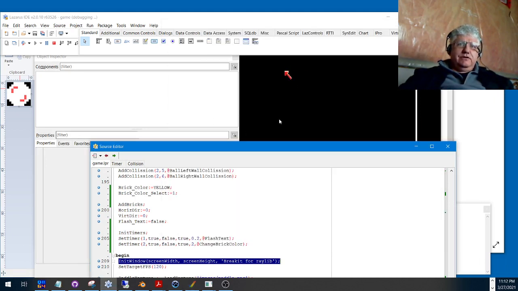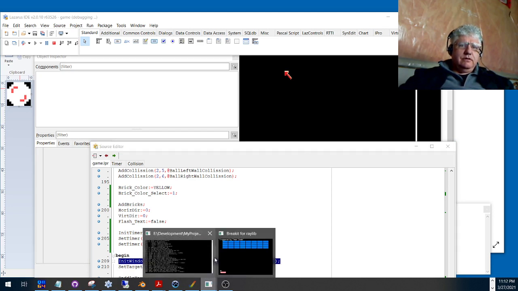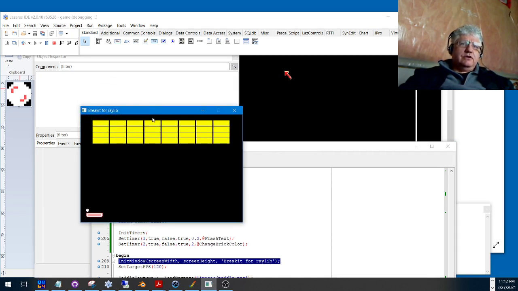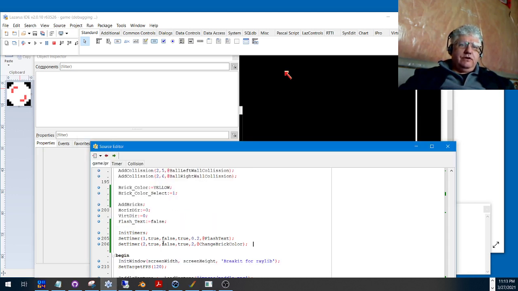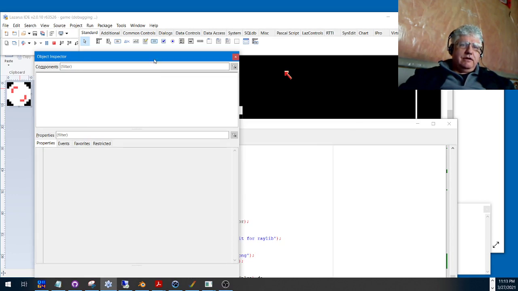That's something different. Back to the game here. Here we go. So Raylib doesn't have a flashing text function, and it doesn't dynamically change colors like that. So if we go into our code again,